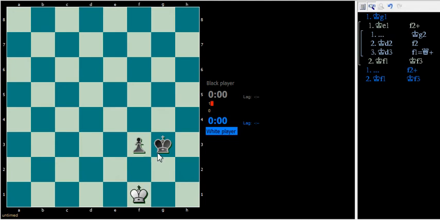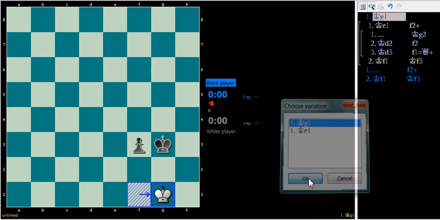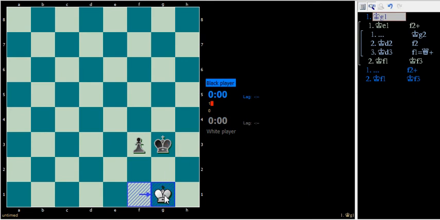White has to be in a position to oppose black's king. If, for example, it's black's turn right now, then white loses. So if it's white's turn, then white is able to oppose black by moving into g1. So now white has direct opposition against black, and now no matter what black does, if white plays correctly, it'll